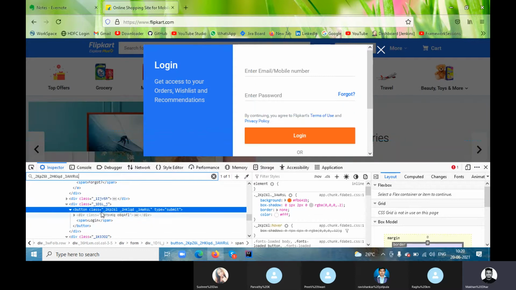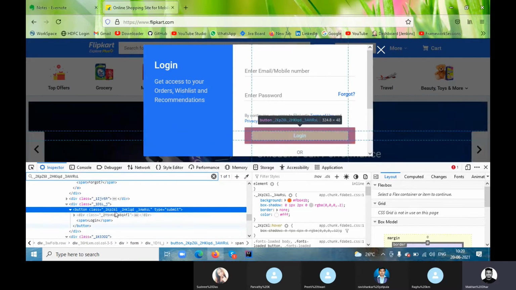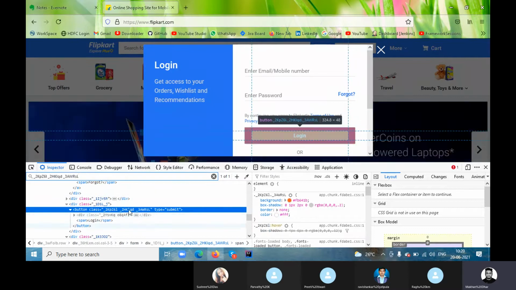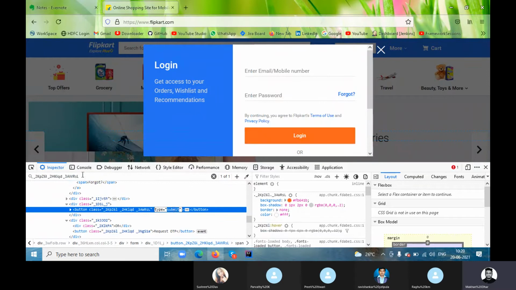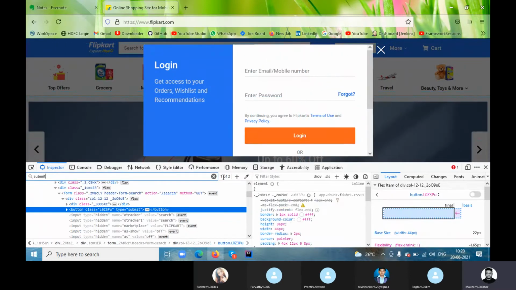Let's assume there is no class name, or it's made dynamic. Okay, leave the dynamic thing, you will get confused. Just assume there is no class name, or even if I take submit, assume there is more than one submit.